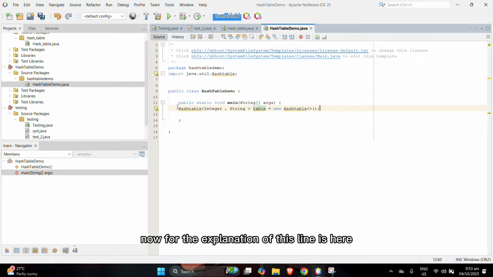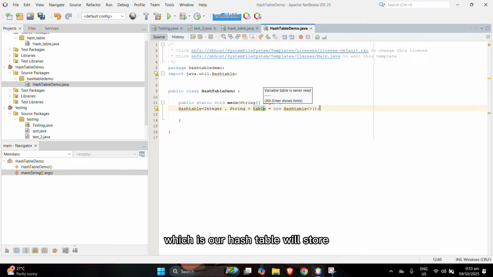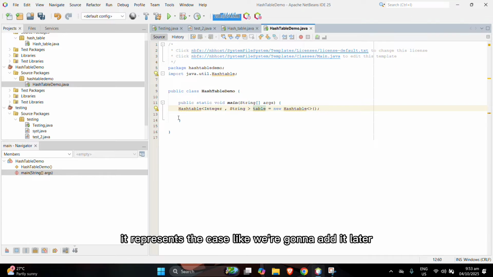Now, for the explanation of this line, here we are declaring and creating a new instance of a Hashtable. The angle brackets, Integer and String, specify the type of data our hash table will store. The first type is Integer, which represents the keys, like the 1, 2, 3 we're going to add later. The second type is String, which represents the values. Imagine there's a key, and inside that key there's a banana.